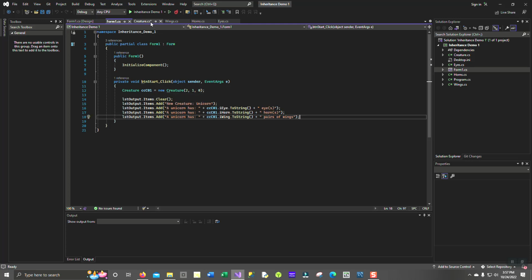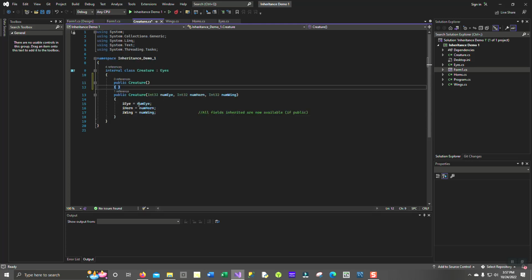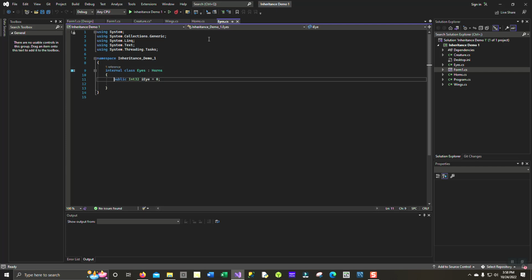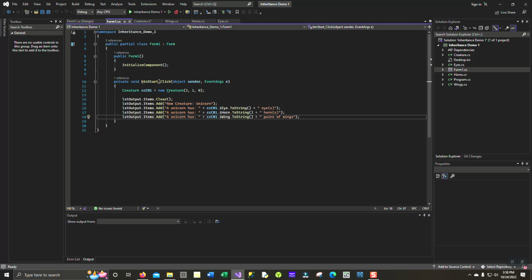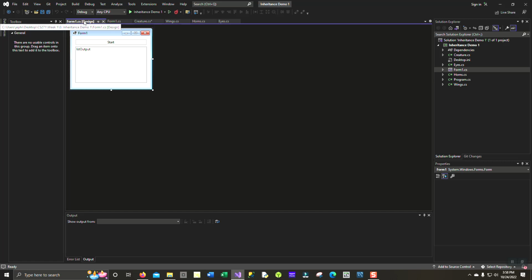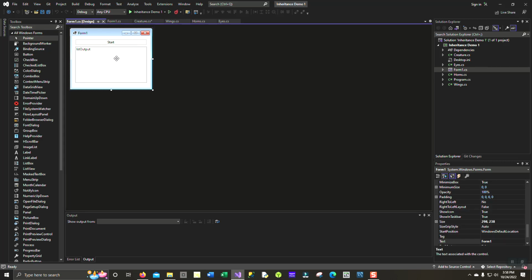It also saves us, just as I mentioned here, we do these 3 things, and you know, we're setting these all ahead of time. Now, these all have to be public in order to be seen, and the reason they have to be seen is because I've got this set up so that I have, just so you can see this, a button and a list box. I use the list box